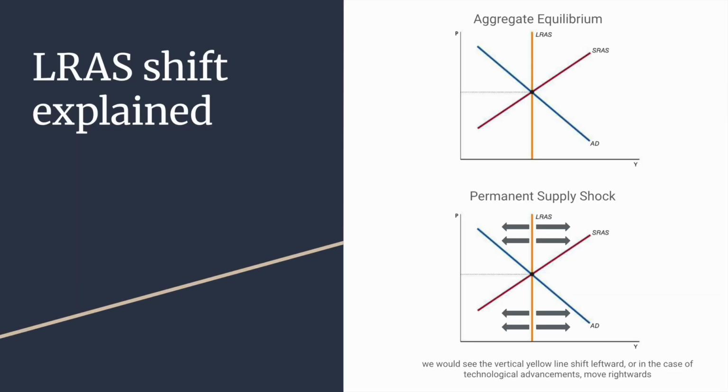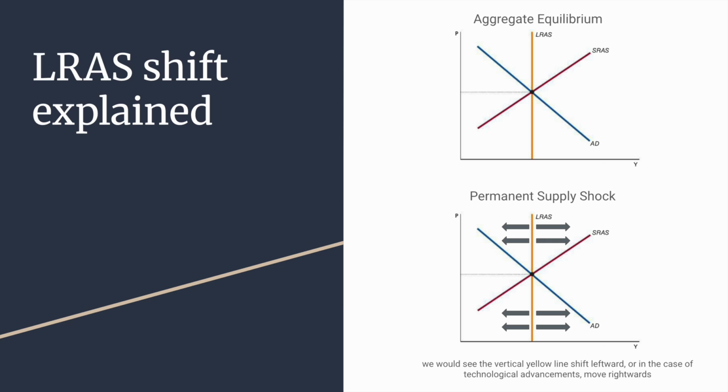On an aggregate supply and demand graph, LRAS is represented as a vertical line at the economy's full potential output. Unlike short-run supply, which can fluctuate due to temporary factors, LRAS only shifts when there are fundamental, long-lasting changes in the economy's capacity. A rightward shift happens when productivity improves, through advancements in technology, better education, or an increase in